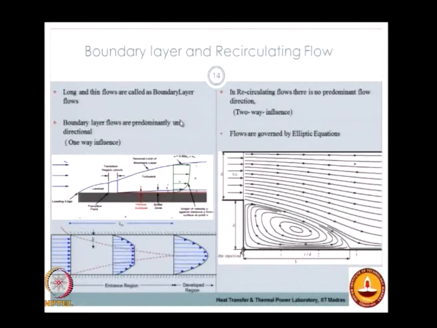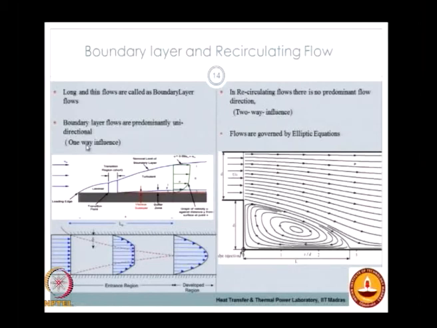So coming to the wall flows, again you can talk about two classifications. One is called a boundary layer kind of flow. As I said, due to the flow of fluid past a solid object, due to the difference in the momenta near the wall and in the free stream, you can have this rapid growth of a boundary layer where the velocity profiles keep changing at locations downstream of the plate. However, in this case you can clearly separate the region where the viscous effects are dominant within the boundary layer,